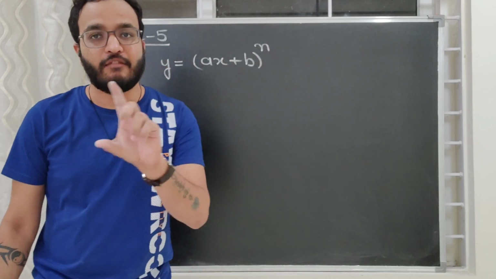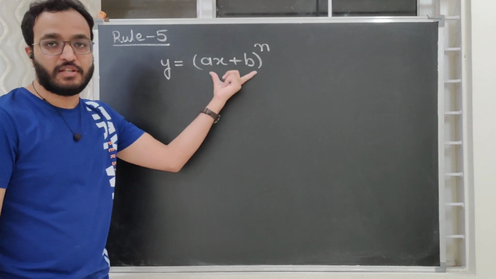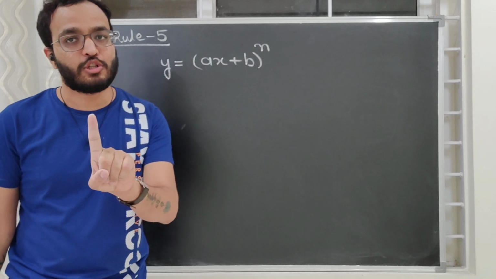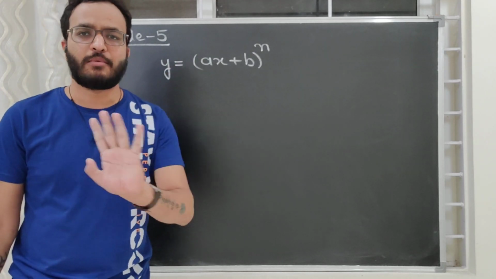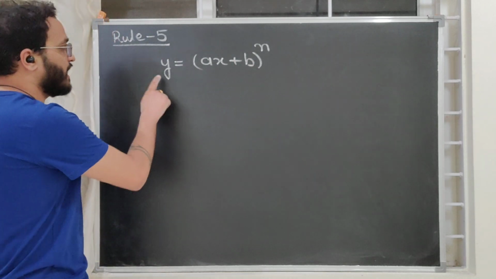So instead of writing y equals x to the power n, suppose instead of x I have written here ax plus b, where a and b both are constants. Where a is also a constant, b is also a constant. Not positive, but any constant numbers a and b. So when I differentiate this,